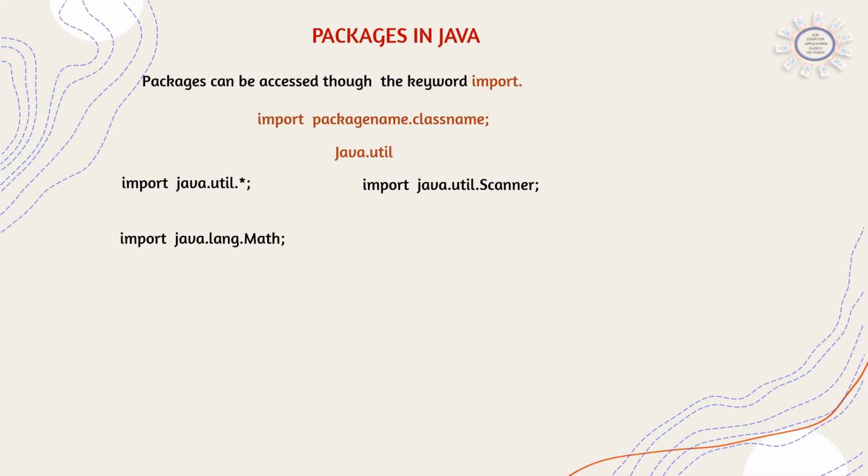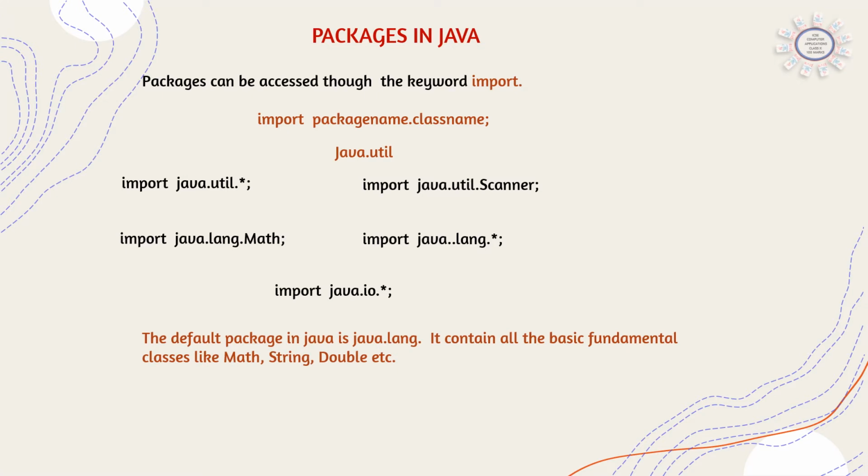And here, if we want to use the Math class, then we have to write the particular name, java.lang.Math. And if you write import java.lang.*, all classes will come to our program. We can use all the functions from that particular package. So if you want to use all the functions, star will be used, and if you want to use a particular function, we will use the name. And java.io.*, all the input output functions can be used if you are using star.